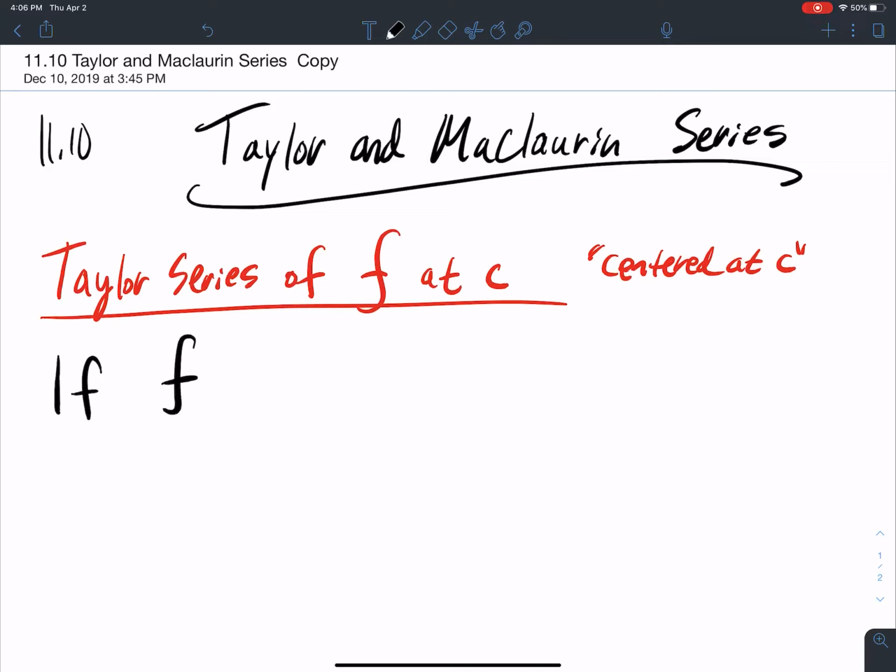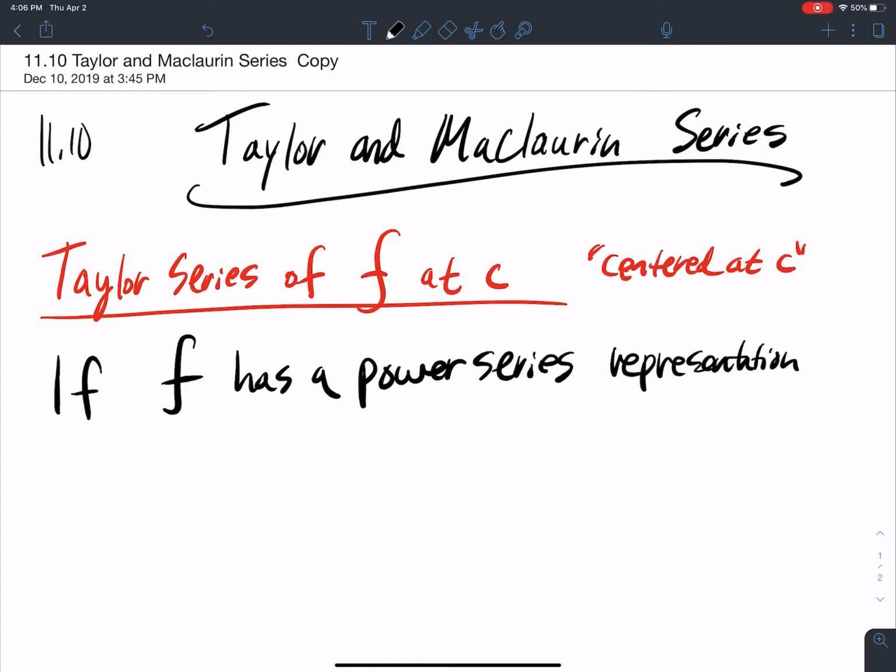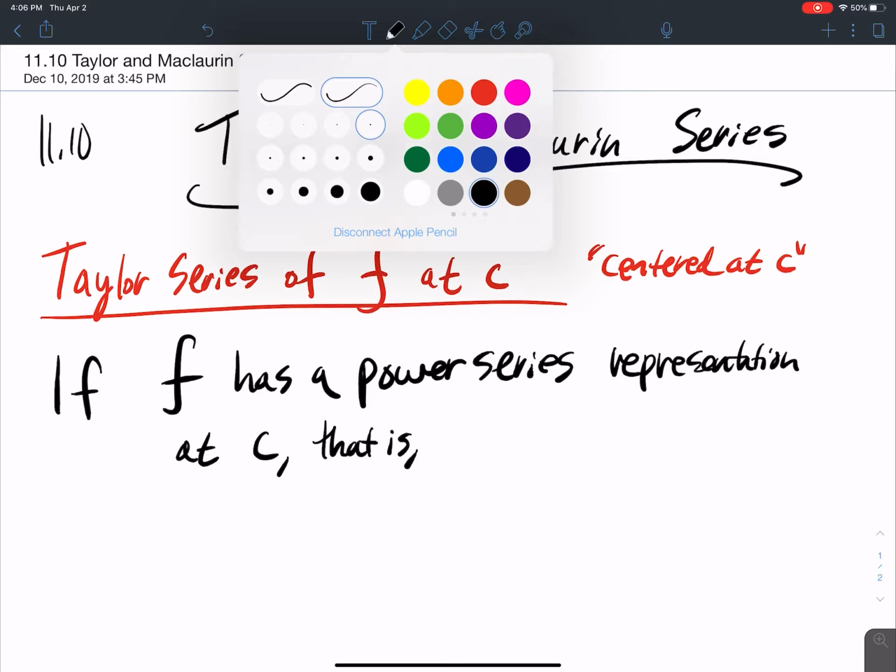If f has a power series representation at c, that is, what does that mean? That means